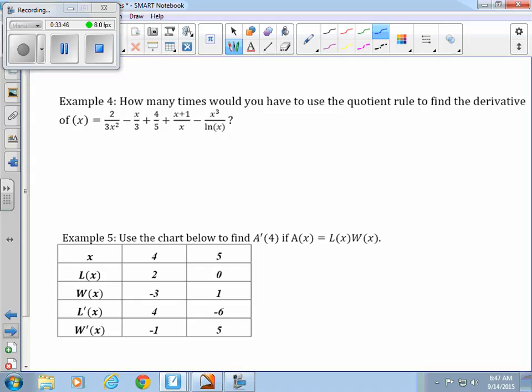How many times would you have to use the quotient rule? And I actually think I might be answering a problem on your homework. How many times would you have to use the quotient rule on this problem? It doesn't actually say to do it. It just says how many times would you have to? I want you to look at it and think about it for a second. How many times would you have to do